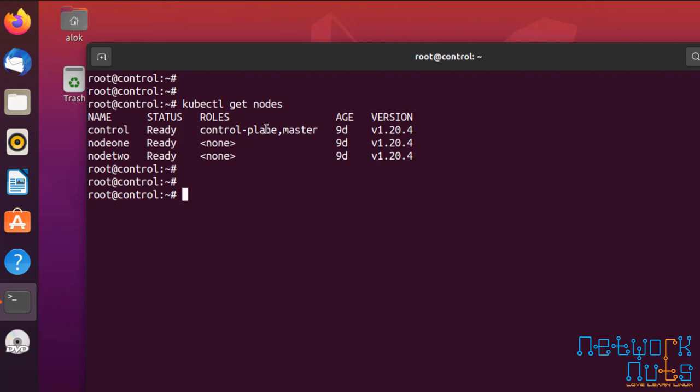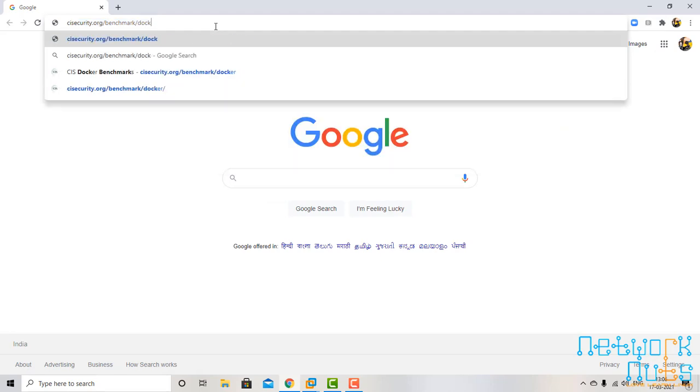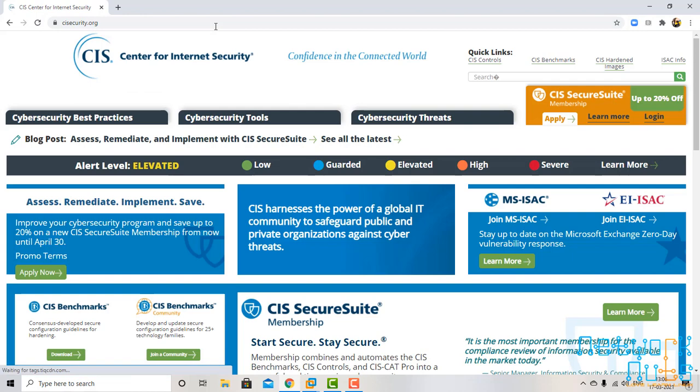This is a tool which is given to us by CIS. If you are not aware of the CIS, let's browse about the CIS. Let's get some information about the CIS. I do a cissecurity.org. You must visit this resource available on the net.